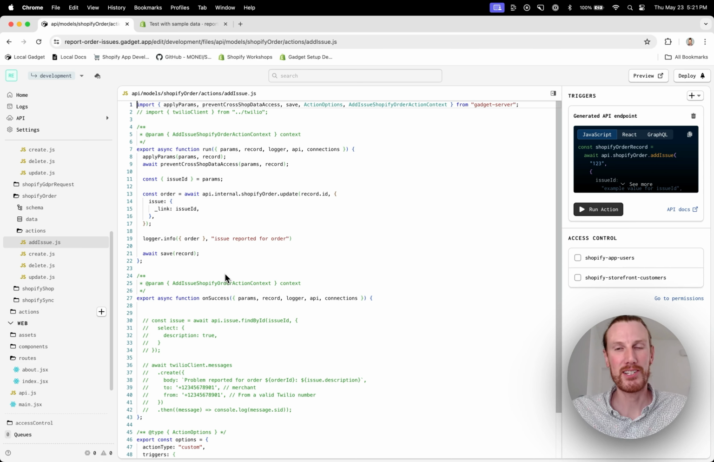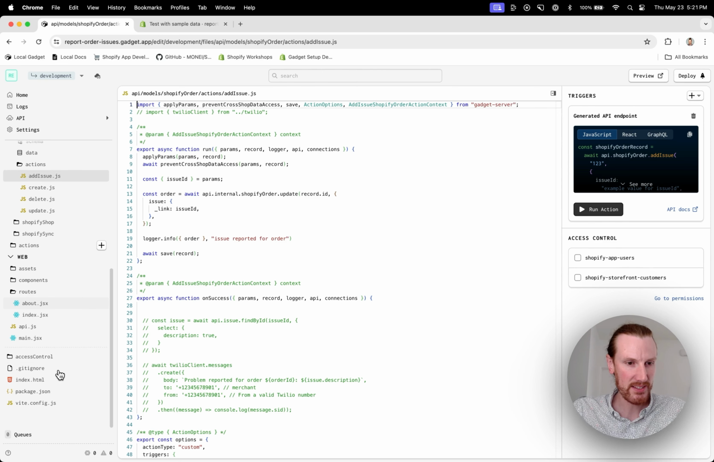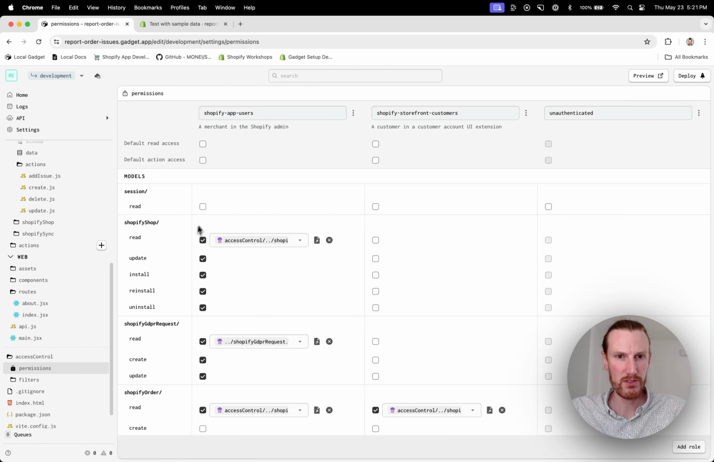It's time to start dealing with permissions and access control. We're going to set permissions for both merchants who are going to be creating these issues, and then the customers who will select them for specific orders and call this add issue action. So if I go to my access control folder here and click on permissions, I have these two roles. Normally when you connect to a Shopify app with Gadget, you're going to get the Shopify app users role. But because I selected that customer account authentication, I also get this Shopify storefront customers role. And this is going to be the role granted to customers making requests to my Gadget backend from within that